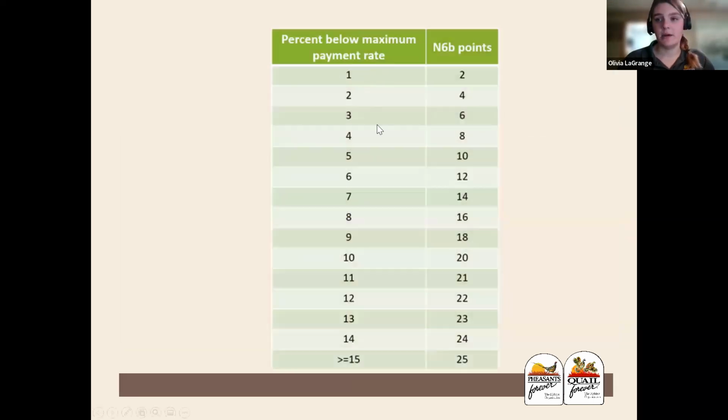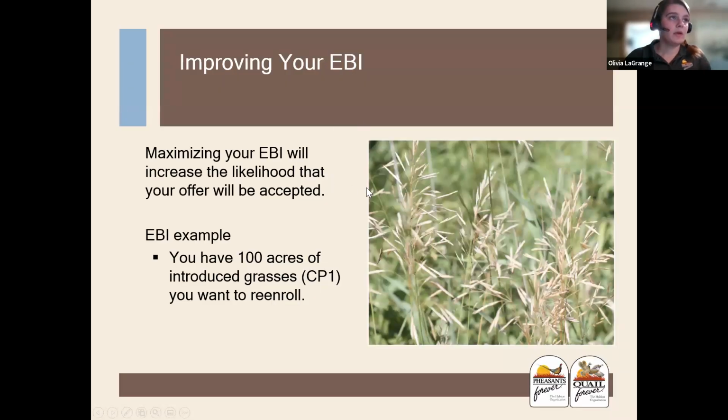So here's kind of a breakdown of what I was saying. Percent below maximum payment rate. So if you only take 5%, that's only 10 points. But if you take 15, that'd be 25 points. So you can really boost your score there by changing that payment rate, what you would accept. You can improve your EBI in lots of ways, and that will increase the likelihood that your offer will be accepted. So if you have like 100 acres of CP1,